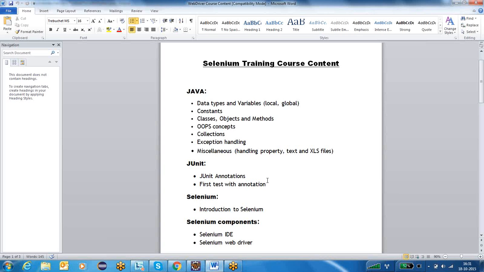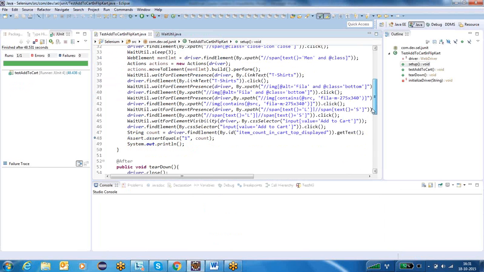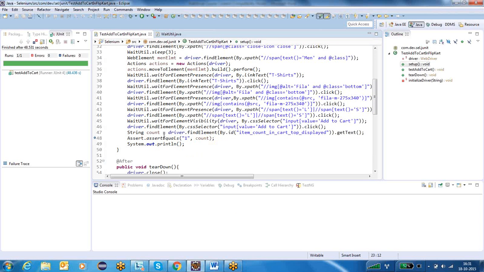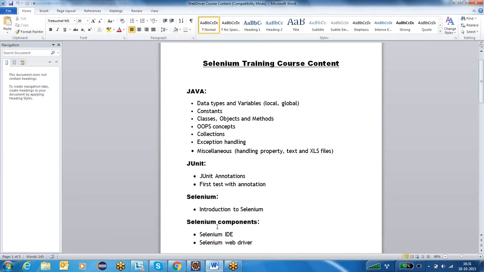Then in the next 2 sessions, we will discuss JUnit. JUnit will help us for two purposes. One is for assertions. I showed you, right? After clicking on the add to cart button, the count should be 1. That verification you can do through JUnit. At the end of the automation, you need to verify something, right? Those verifications you can do through JUnit. That is one purpose. And the second purpose is